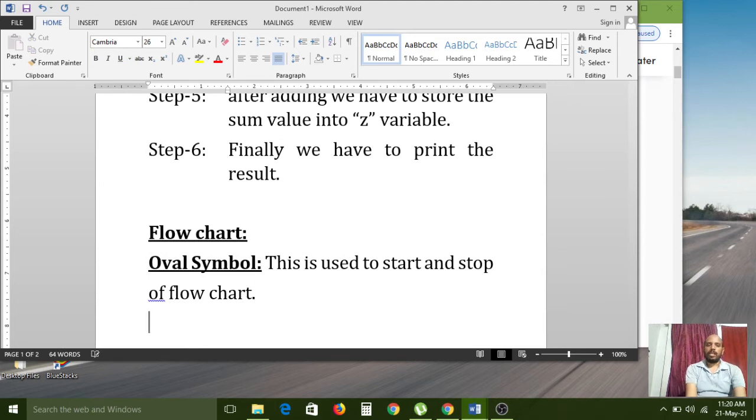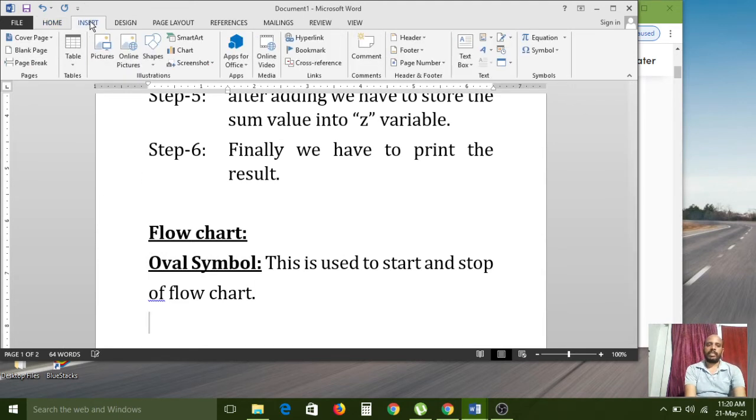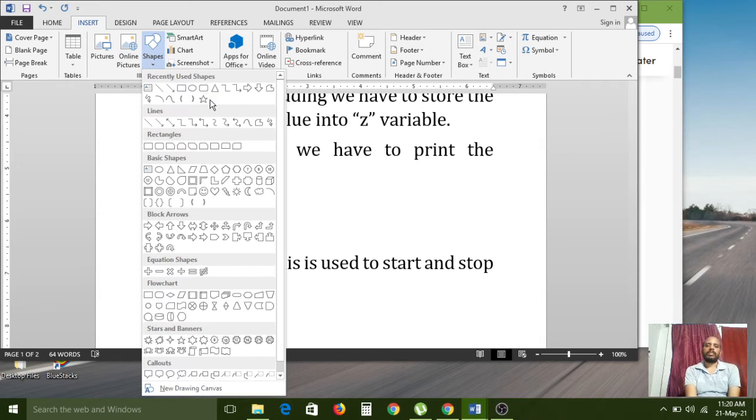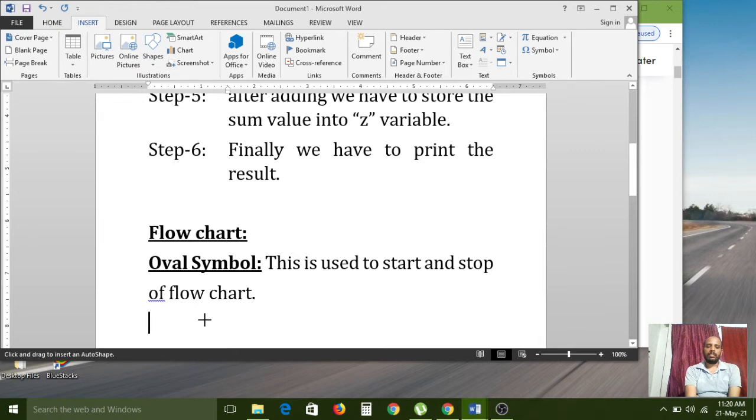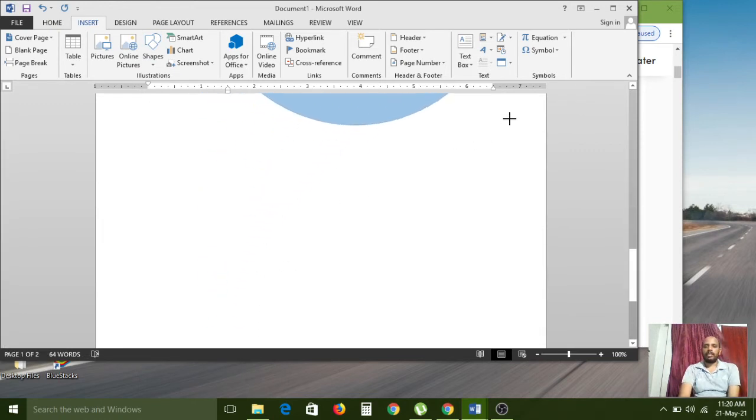How to draw? Go to the Insert menu. For example, if you want to draw a flowchart in a Microsoft Word window, go to the Insert menu, then choose the Shapes option. Here this oval symbol is there, click on that, and simply draw with the mouse.